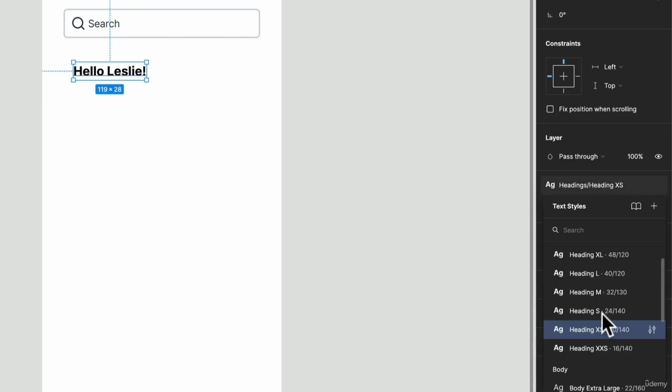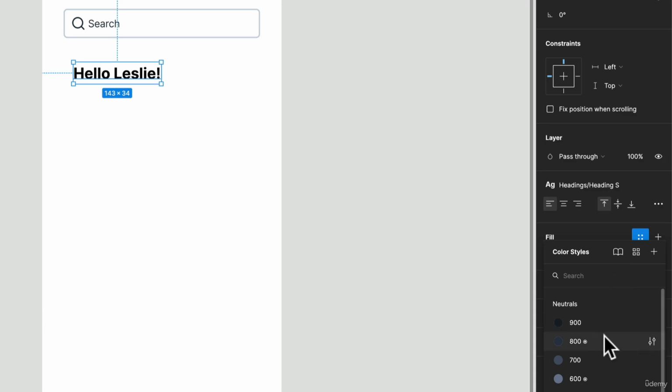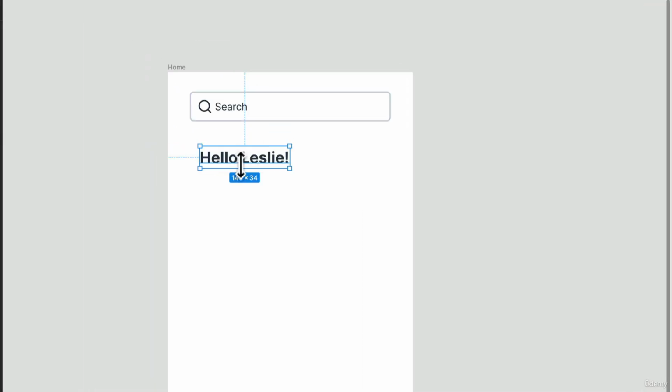I like the other one better. And we can even go into our fills and then choose the type of color we want. So there we go. So I'm just going to do that. And then I'm going to make a copy of that and drag it down. And I think we should do something like, oh, we have some